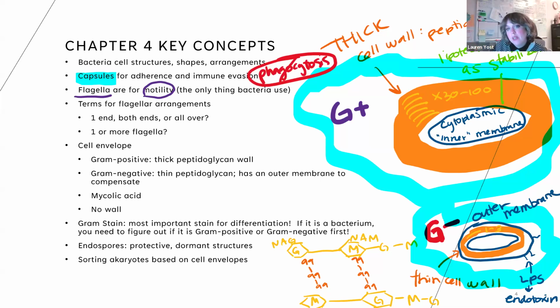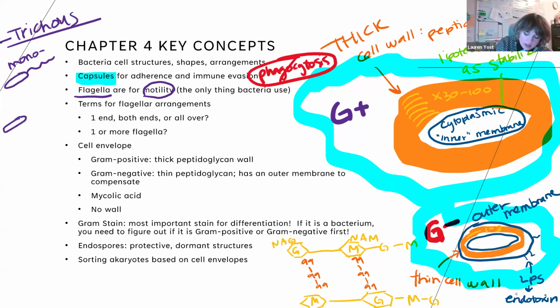And there are different arrangements of flagella that we can see. If you have flagella, then we would say you are trichous. Trichous comes from the Latin word for hair, trick, okay? So they're hair-like projections on the outside of the cell. If you are a cell that has just one, then we would say you are monotrichous. If you are a cell that has a tuft or a bunch like that, then we would say you are lophotrichous. If you are a cell that is absolutely just covered in flagella, then we would say you are